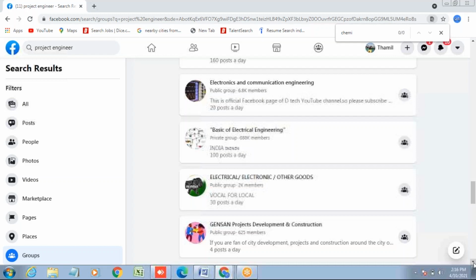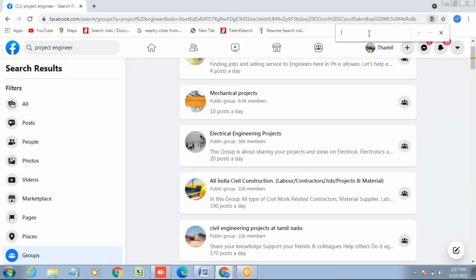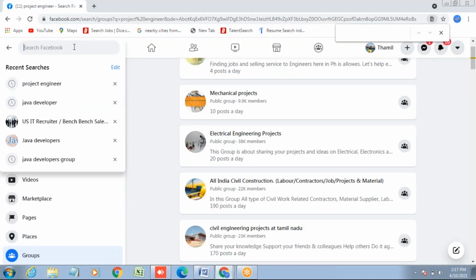Yes. Fine. And the first one you saw was how to do a posting, correct? Yes. Now click one group and show me what is happening there. First of all, try to change this project engineer to Java developer. So there, a lot of groups are there. From there, we will try to learn something. Okay, Java developer.